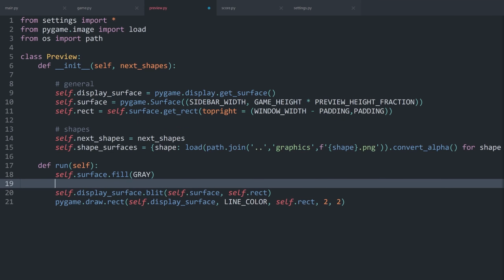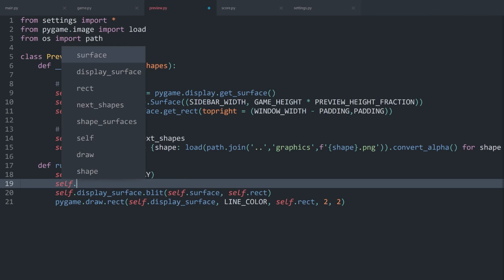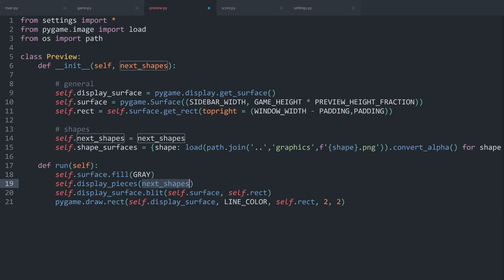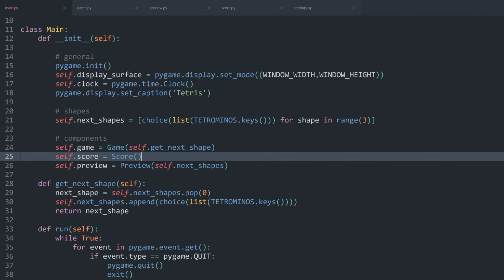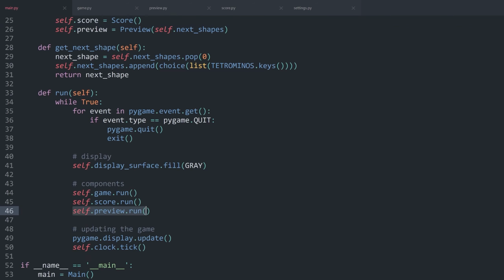Finally, I want to display the actual pieces, and for that, I am going to write a separate method that I'm going to run after we are drawing the background color. I call this one display pieces. This one needs to have one argument, which would be the next shapes. These next shapes we are getting via the parameters. So next shapes when we are running the run method, which means inside of main.py, we are needing for preview.run